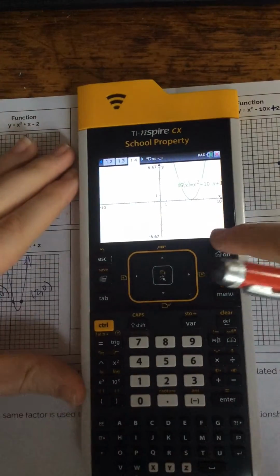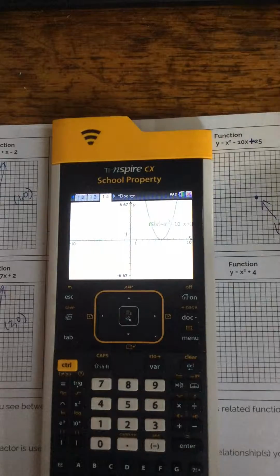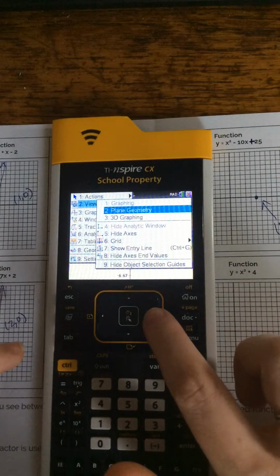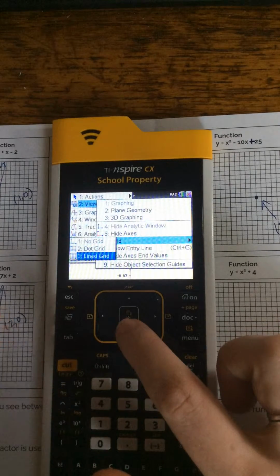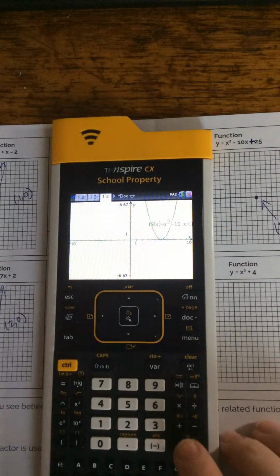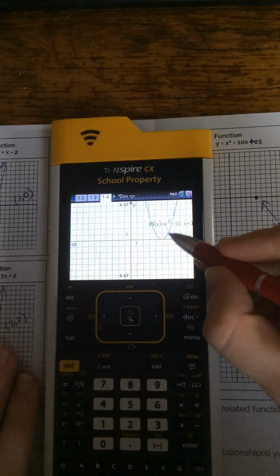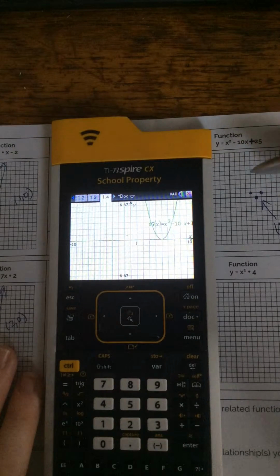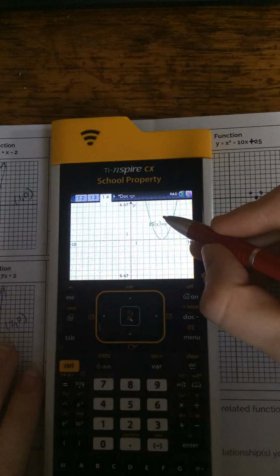Okay, I want to show you guys on your graph, when you're plotting your parabola, another way to graph it if you don't like looking at the table. You can hit menu, you can go down to view, and you can ask it to put lines on your graph, where you can hit grid, and then you can ask for either a line grid or a dot grid. Okay, if you do a line grid and you hit enter, it'll put lines in for you, so you can tell that the next point is up 1 over 1, up 1 over 1. So from here, my next points on my parabola would be here. Where's another one? So if I go from the vertex, if I go up 4 over 2,